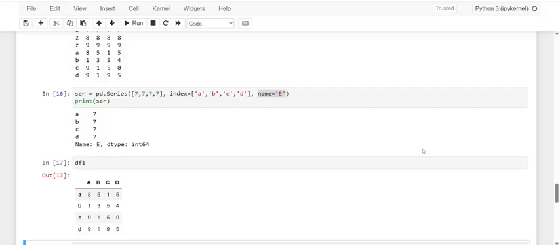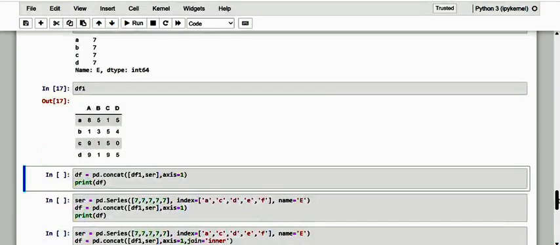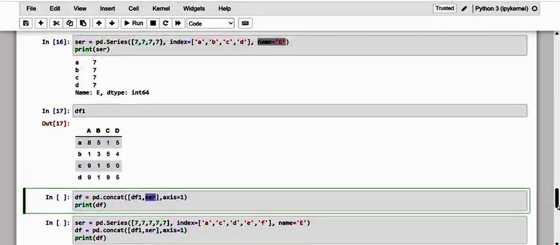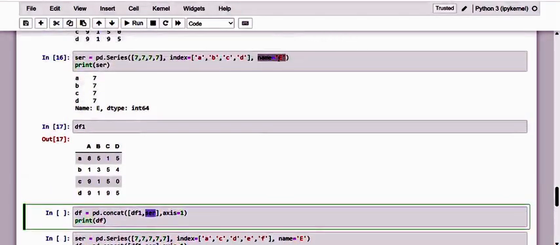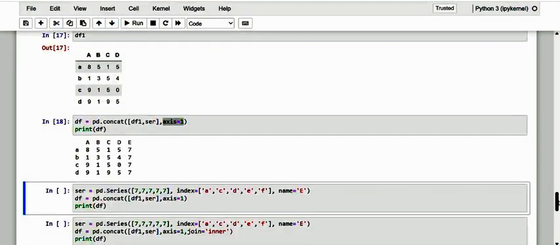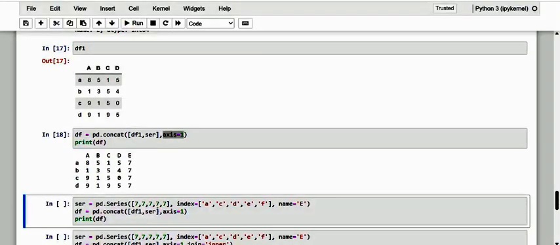We have done so many things in df2, so I just want to concatenate it with df1, and the series we are going to have as our column E. Here I have specified axis 1. Kindly have a note of it, axis 1, and here we go with the result. See here, it is a new column that is perfectly concatenated horizontally.